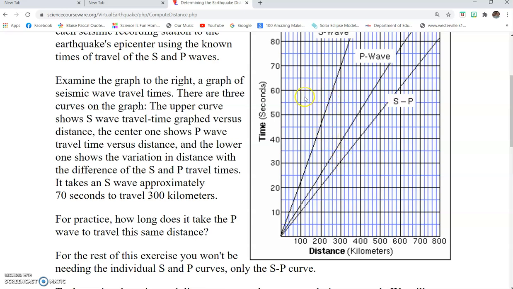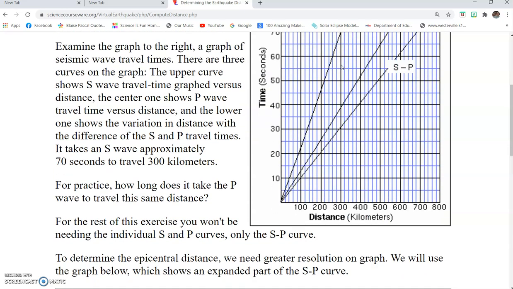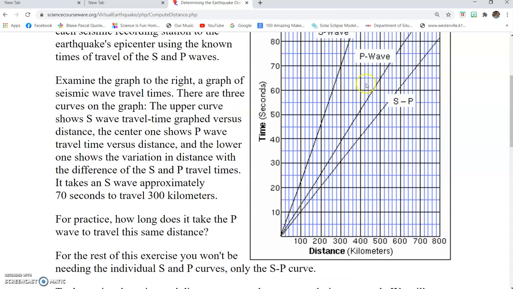So based on the graph, it takes an S wave approximately 70 seconds to travel 300 kilometers. So for practice, how long does it take the P wave to travel the same distance?